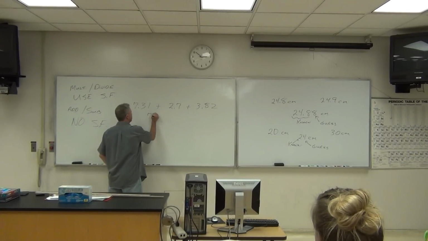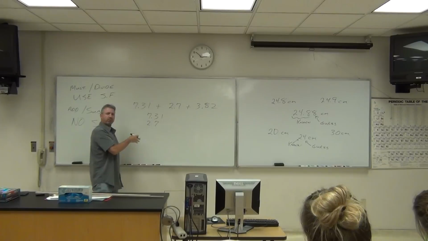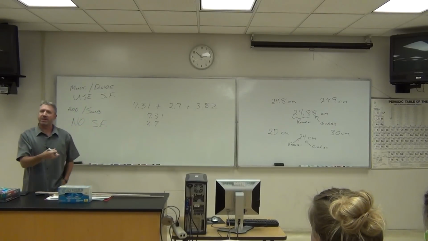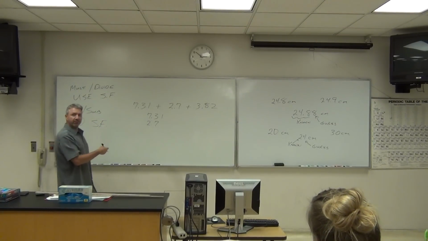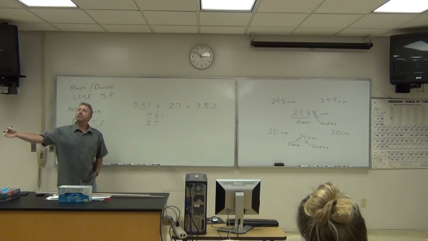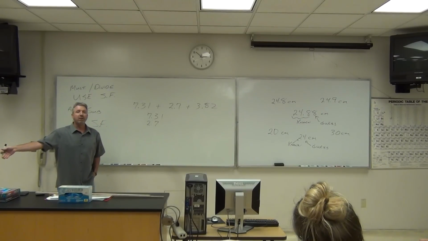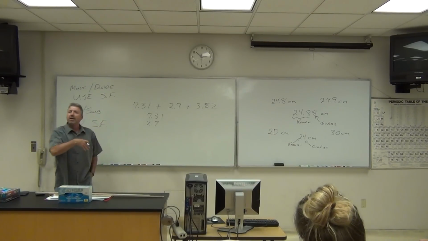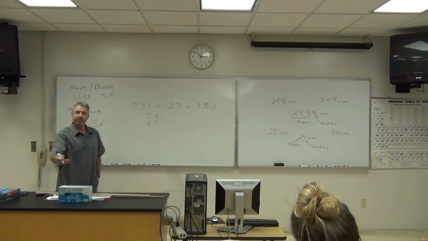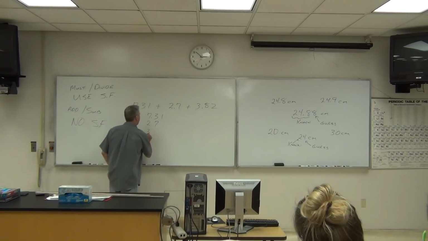Another way is to line up the decimals. I'm a little partial to lining up the decimals because a very effective way to learn something is to associate it with something that you already know, i.e. line up the decimals, and then take it just a little further. So we're at 3.82,